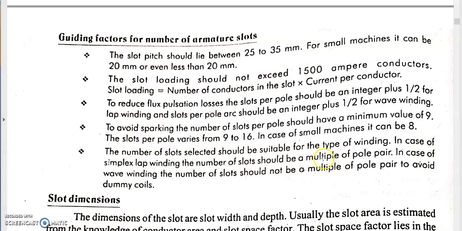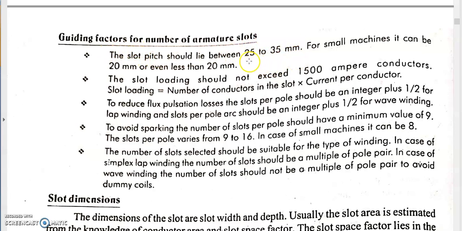So the number of slots should be a multiple of the pair of poles in a simplex lap winding, and it should not be a multiple of the pair of poles in a wave winding. So this condition also we will verify finally, and then we will be finalizing the total number of armature slots in the DC machine. So usually in the design procedure, based on this first condition, we will be